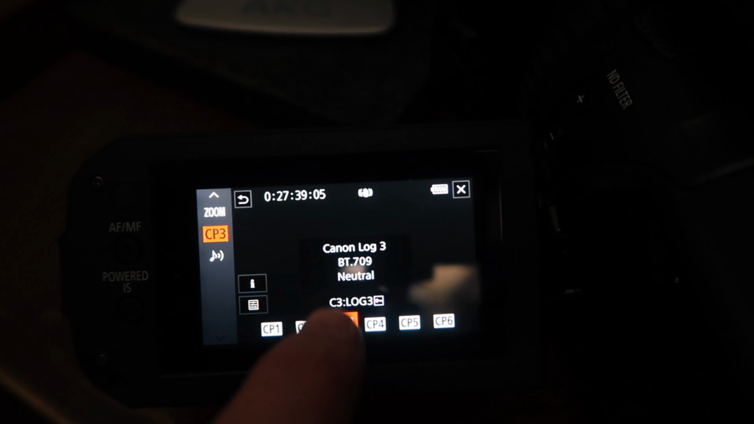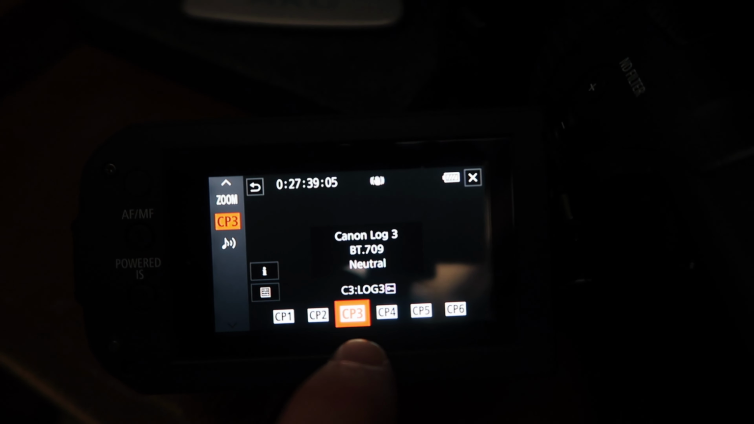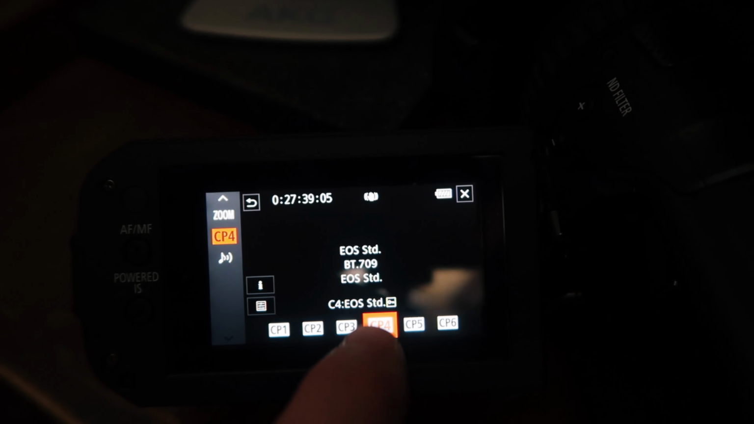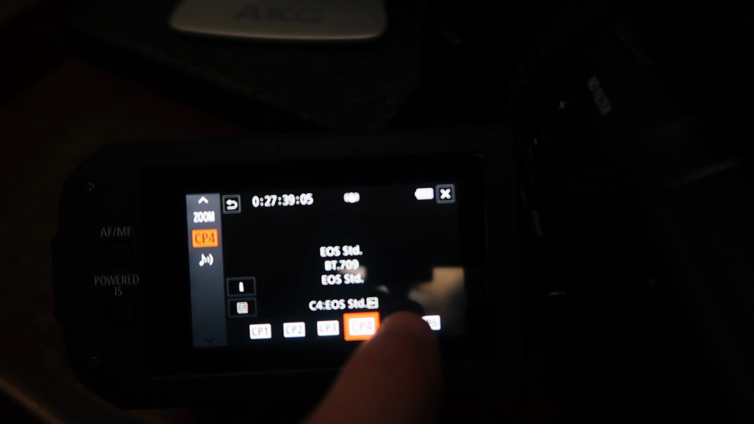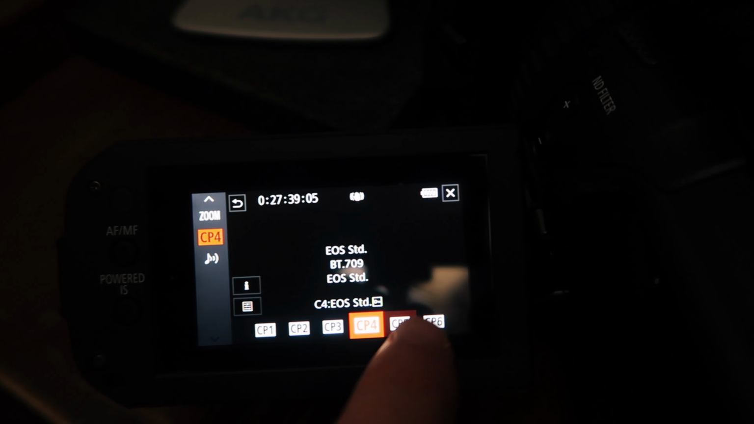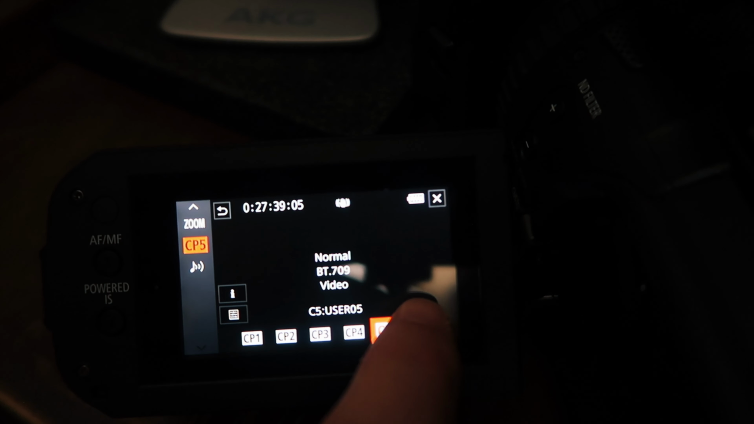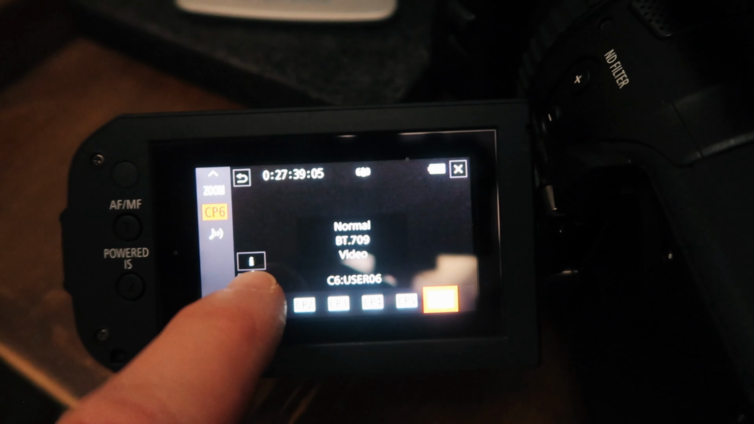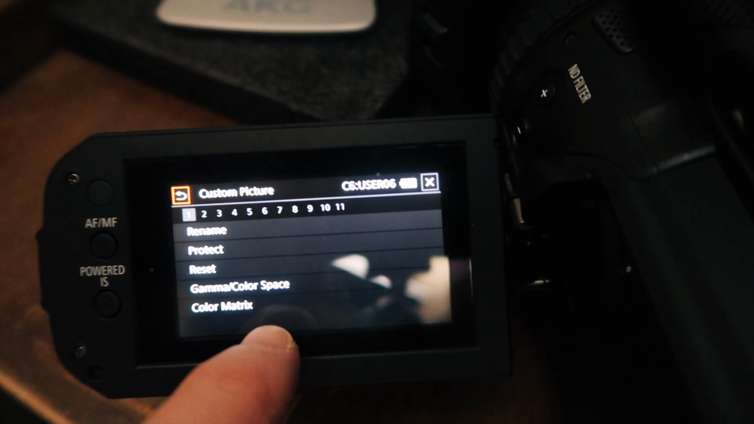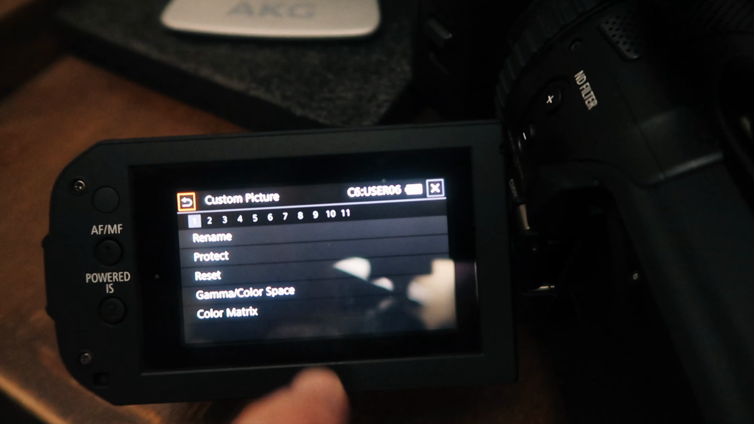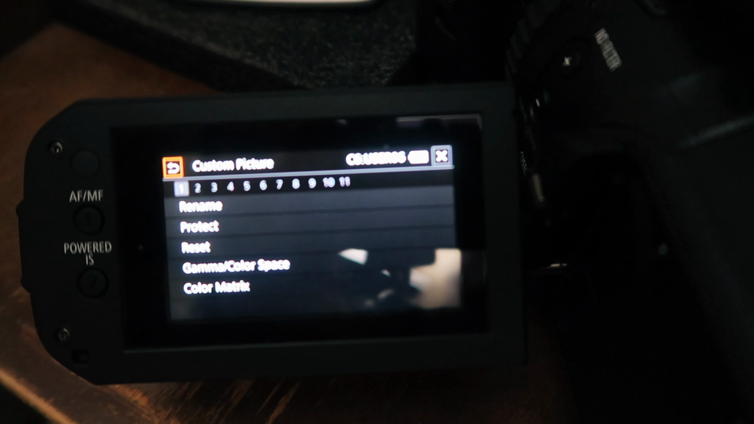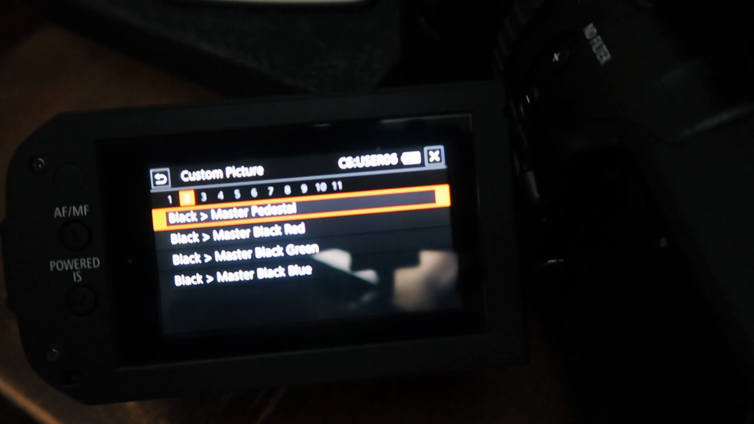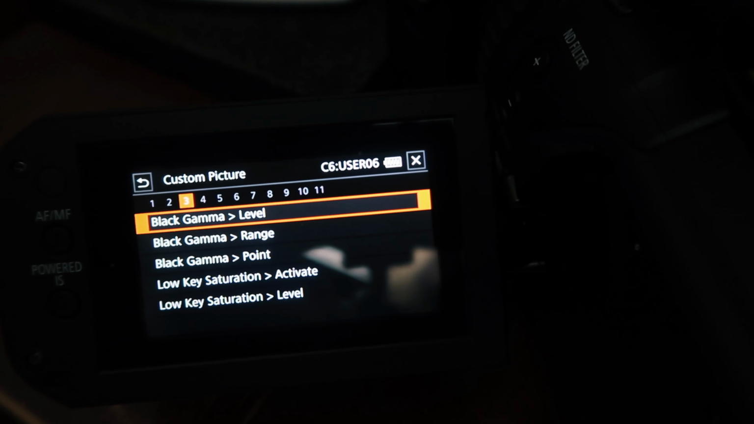CP3 is the Canon Log 3 BT709, which is what I shot some video of today. CP4 is the EOS standard BT709, and there are two user presets. So if you go into the settings here, you can actually change some of the settings. I have not done this yet. You can kind of scroll through and